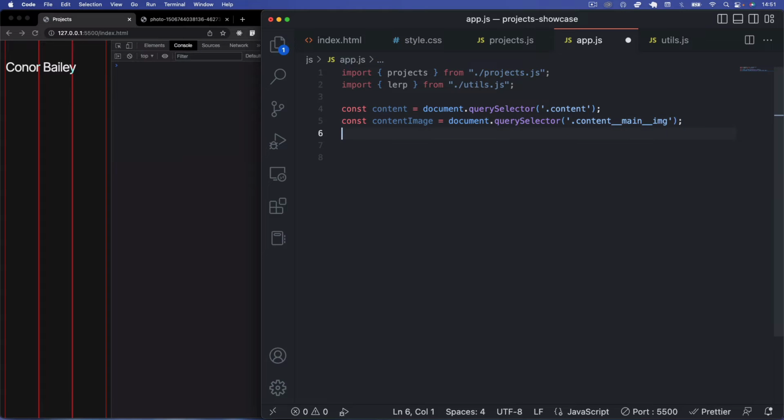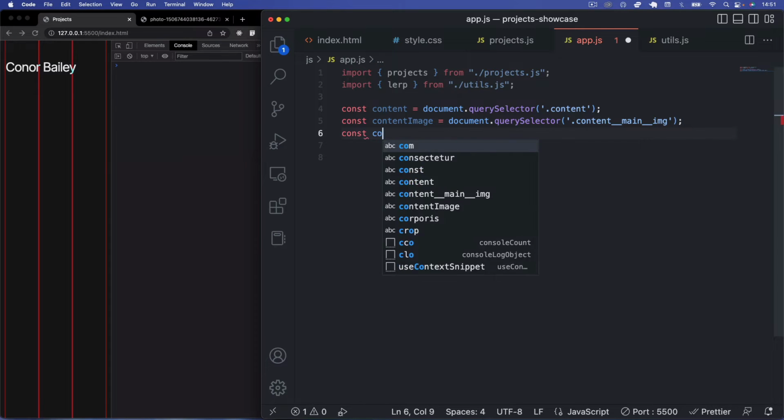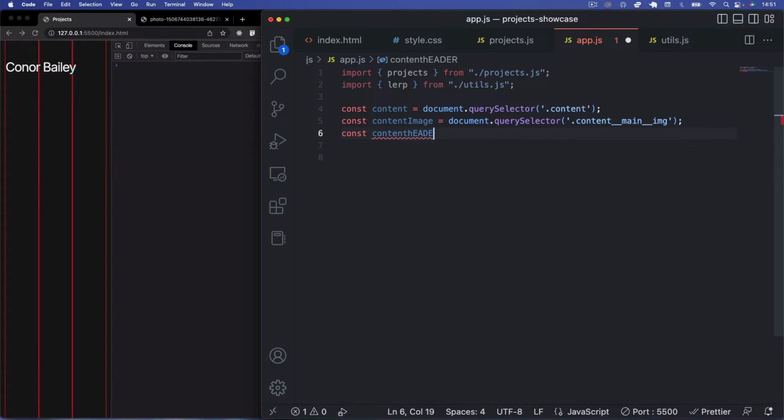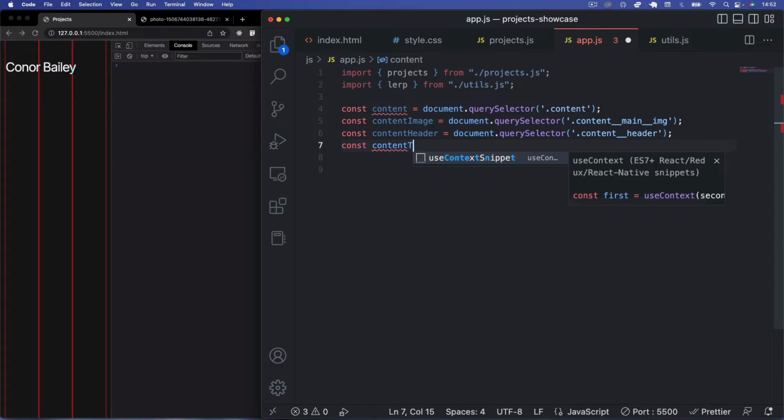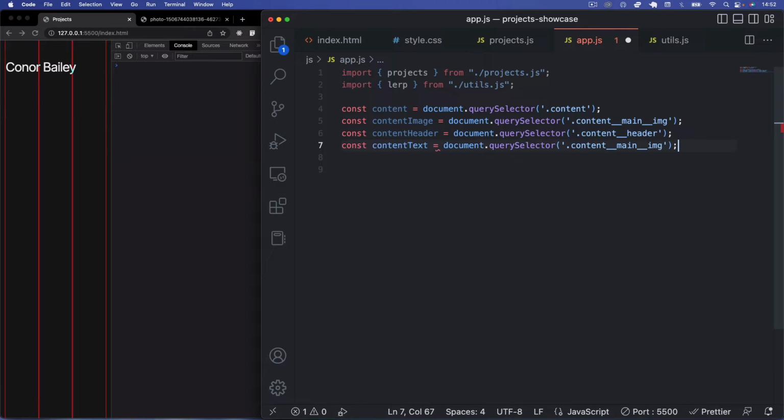Next I'm going to say const contentHeader, and let's just copy this down, save me writing out document.querySelector over and over again, and here we'll say content__header like so, and then const contentText, that's going to equal document.querySelector content text like so,